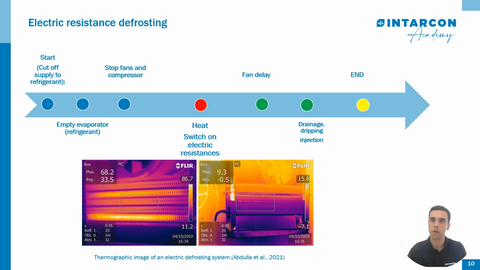In the electrical resistor defrost method, embedded heating elements are used inside the evaporator to heat the surface and melt the ice buildup. This method is widely used in commercial and industrial systems that require precise control of the defrost process. The process is very similar to the standard one, where the liquid solenoid is cut off, the compressor is drained, and fans and compressor are stopped. Then, the electric heating elements are activated, which are sized to provide the heat required to melt the frost in the desired time. The appropriate time delays are applied and the defrost is terminated.